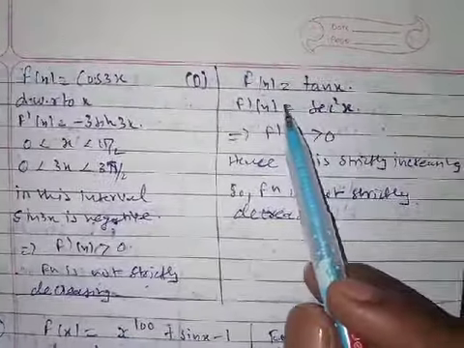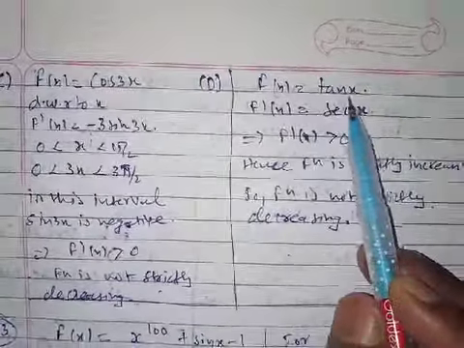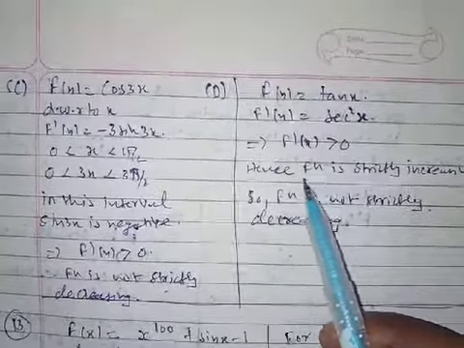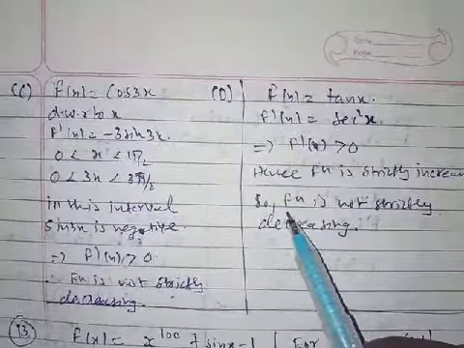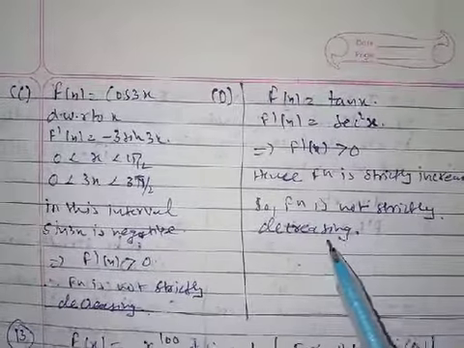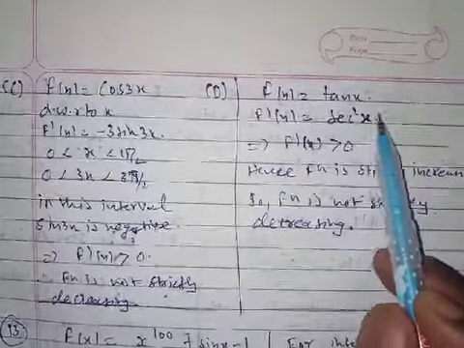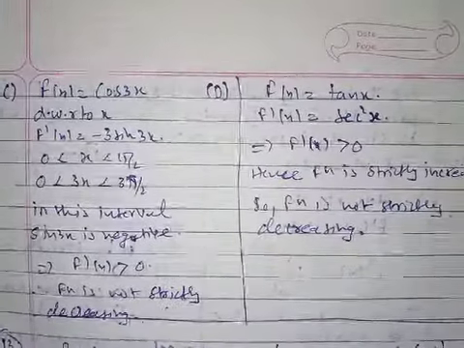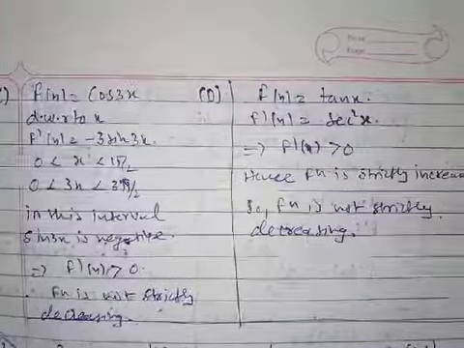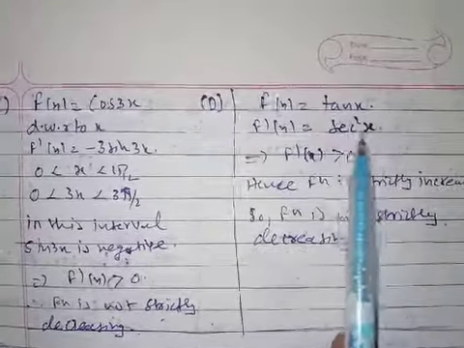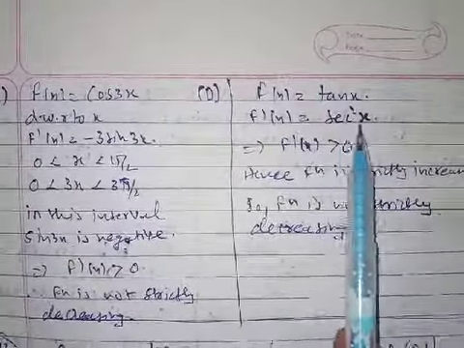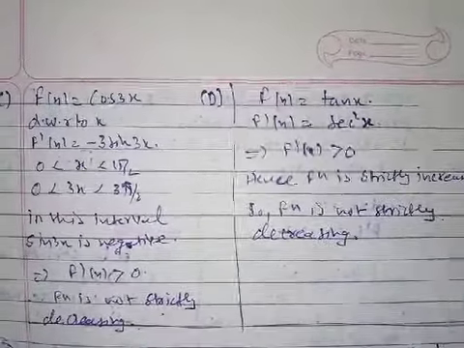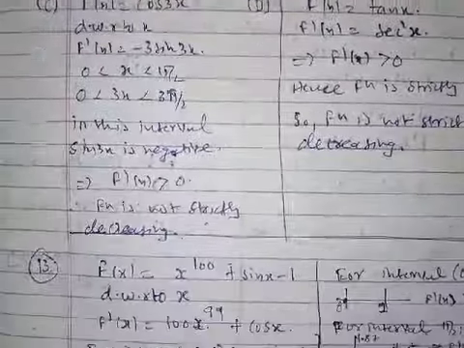Now check for D, 10. f of x is equal to 10x, f dash of x is x square. So x square is greater than 0. So this function is strictly increasing. So the function is not strictly decreasing, it is increasing, it is greater than 0. Is it? x square will always be greater than 0. And the sine function is also increasing in the interval 0 to pi by 2. So the function is strictly increasing.